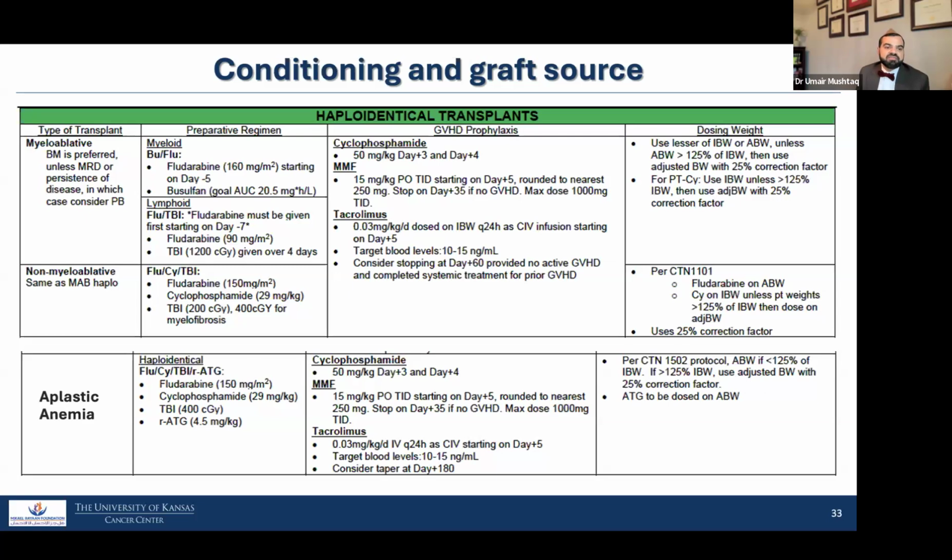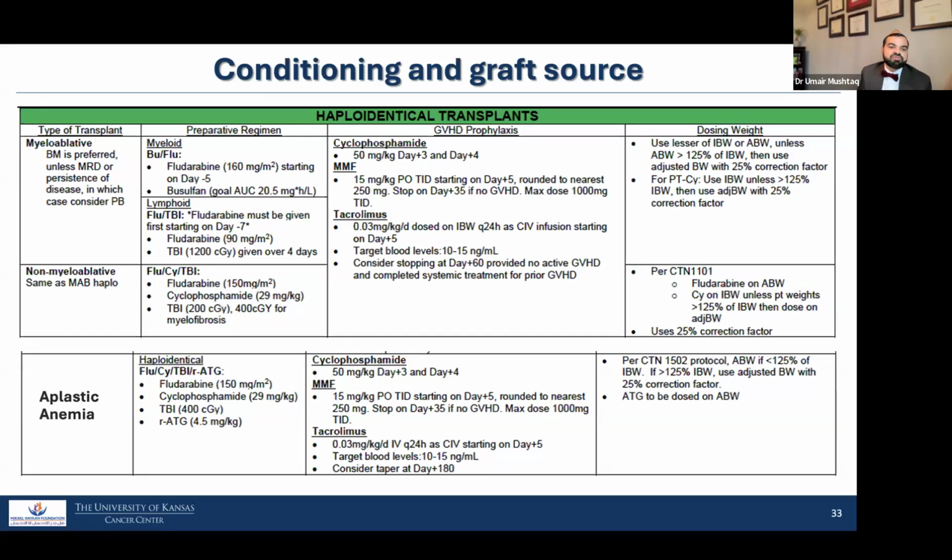So in terms of myeloablative conditioning, it is an intense regimen. So a younger fit person should get myeloablative conditioning. We usually define that up to age 60. After age 60, it's case by case basis. You can use a cutoff of 50 if there are concerns about supportive care. In myeloid disease, busulfan and fludarabine. Fludarabine is given at 160 milligram per meter square, and busulfan is given with an AUC of 20 milligram. And we use kinetics, but you can also use the standard dosing.